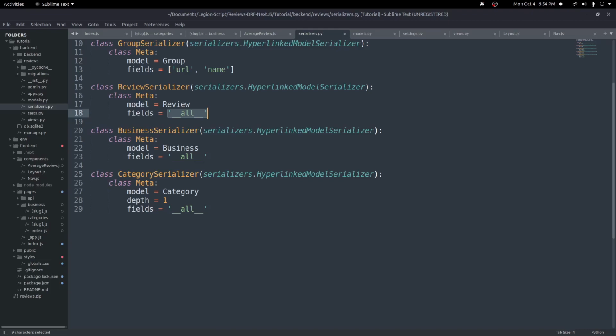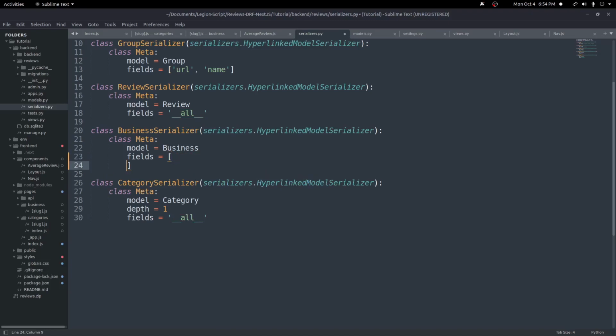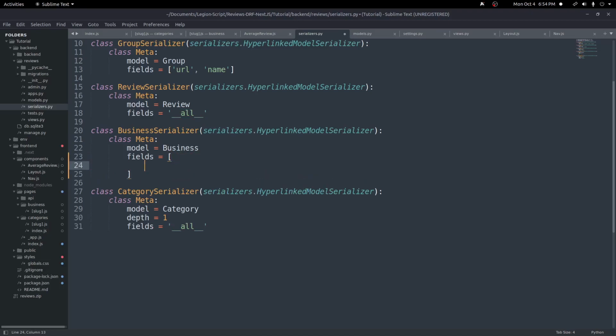So first, let's go ahead and make a change to our business serializer. Instead of using this fields all, I'm going to go ahead and create a list and manually pass in all the fields that I need. We'll put them all in separate lines like this, and we'll do URL,